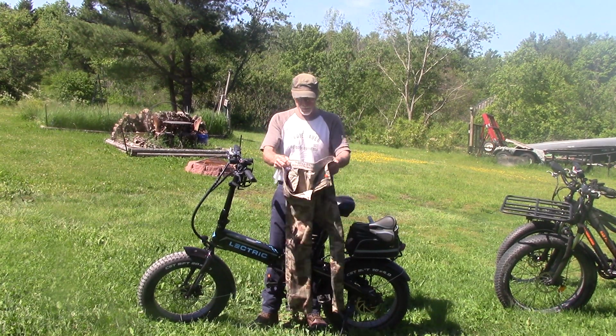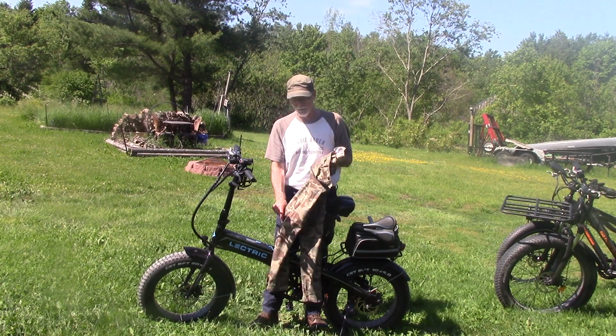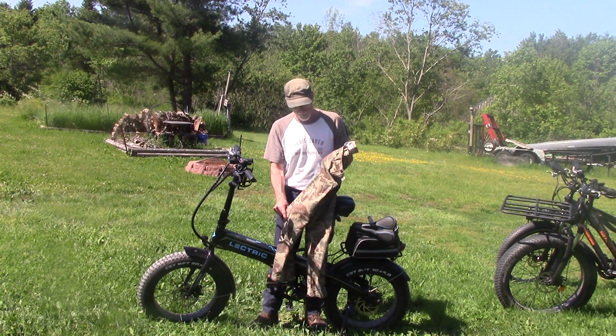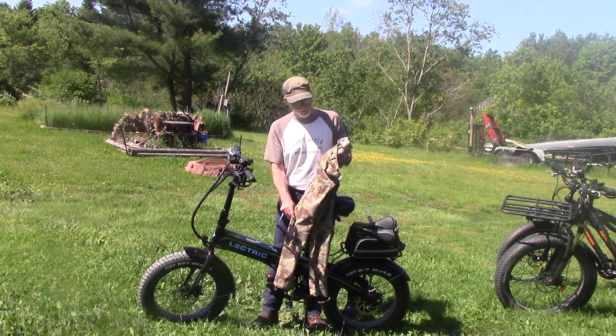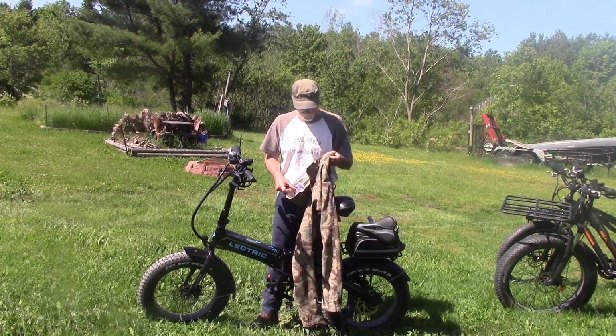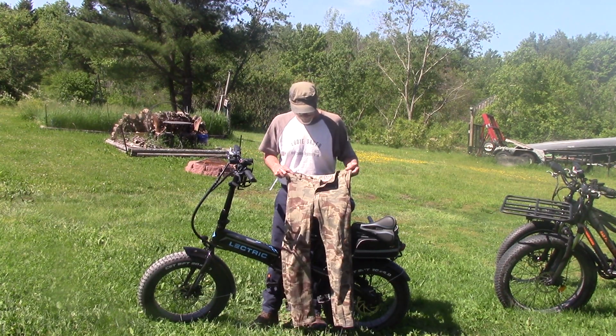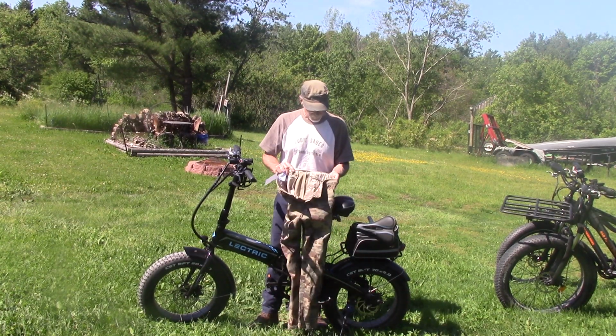Next thing I use is long pants when I ride here in Maine, because we have ticks. Oftentimes I'm in the woods doing mountain riding or trail riding, wagon trail riding, other things. So I can tuck these in my socks or my boots. I ride a lot in boots. These stretch very good. Now these are Dockers,